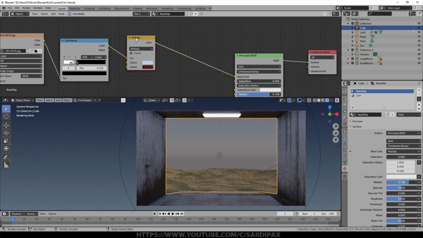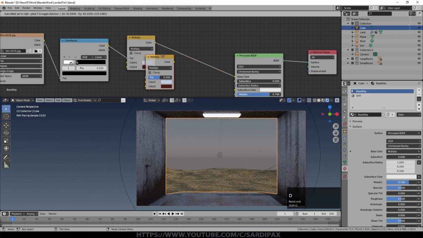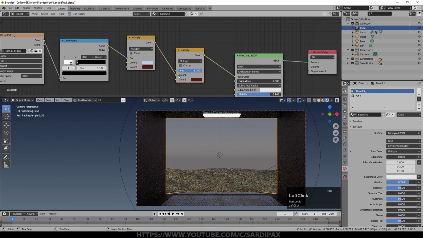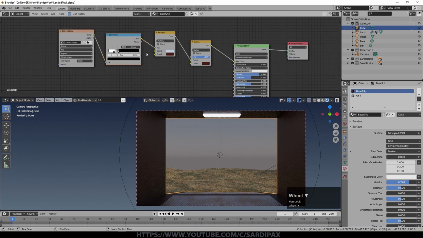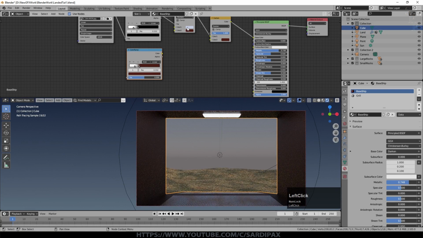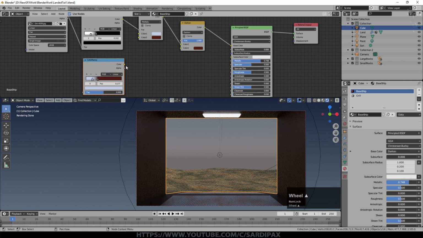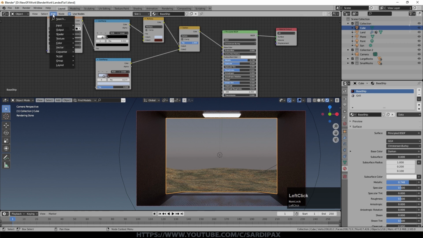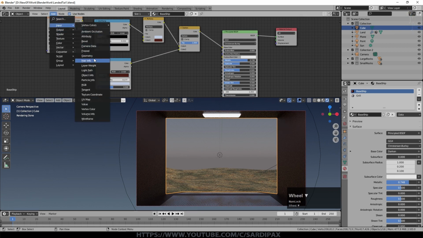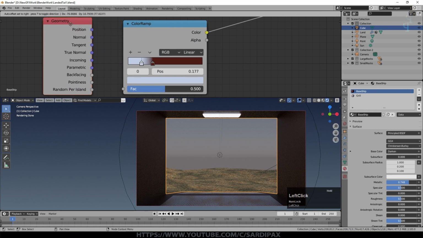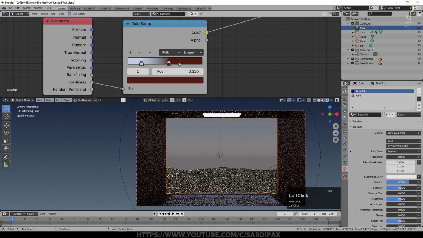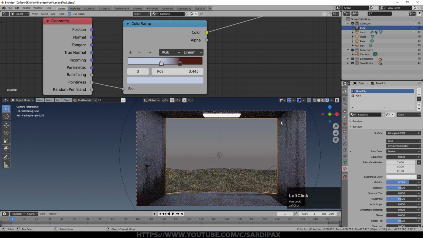So continuing on, we'll make a copy of that color mix node and we'll drop that there. I have this set to 1 at the moment, and darken. I'm going to make a copy of the color ramp now, just put that down here. And again, I'm going to use my rusty color and my sort of light steel color, just drag those over there. And the output of that color ramp goes into the other side of that darken node. And the reason for this is I'm also going to add now a new node, which is the geometry node. And if we look on there, we have this output called pointiness. And if we connect that into there and then play around with these values, what we can do is effectively,